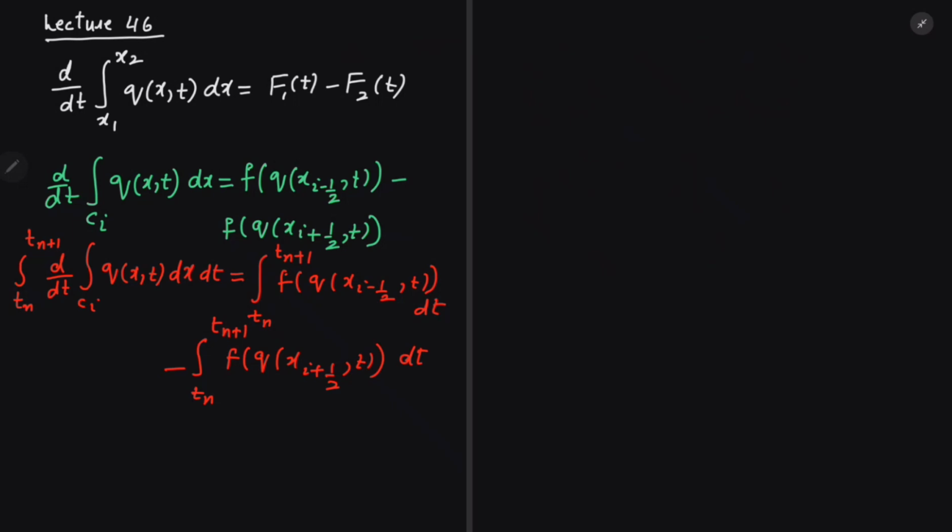On the left hand side, you can see that this dt and this d will cancel out from the integration. So what we get